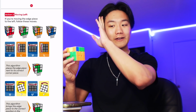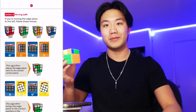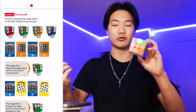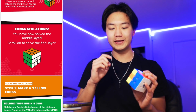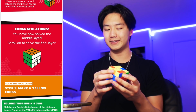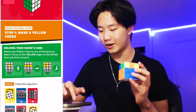Okay, honestly, the first couple steps of solving this Rubik's Cube were way more complicated than I was used to, but after getting a little further on, it's a little more simple. I'm starting to recognize some things that I normally do with my own solves, and that's definitely good. Alright, now, last step. I think the official Rubik's method to solve the last layer is to make the top cross, then permute the edges, then permute the corners, and then orient the corners. So first step, we have to make a yellow cross, and...